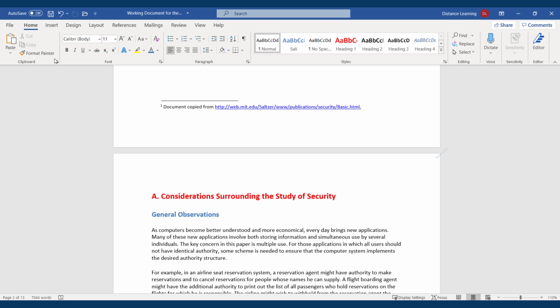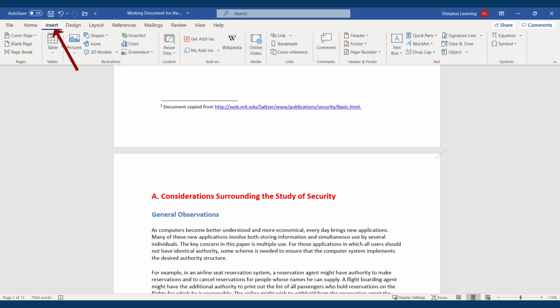So we have gone through these common tools here in the Home tab, and now we want to make enhancements to it by inserting various components to this document. So let's say we want to insert, in this case, images to this document. So we go here under Pictures. After we click on Insert, we choose Pictures, and then you can choose a picture from this device, which means your computer. You have to locate the picture,